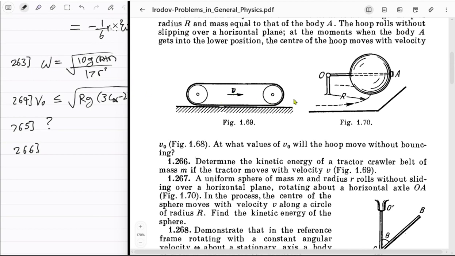So center of mass is somewhere on this line. It's going to move with v. So you have half mv squared, plus the energy as seen by the center of mass. What's the energy as seen by the center of mass? This point is moving with velocity v, and this is moving with velocity v in that direction. So all the points are moving with speed v. That's what matters. So half mv squared once again, and that's why mv squared is the final